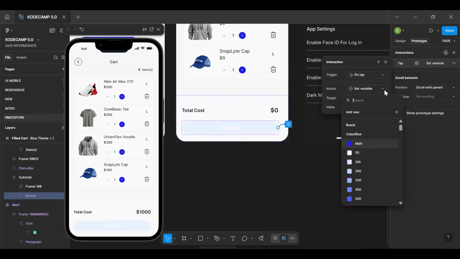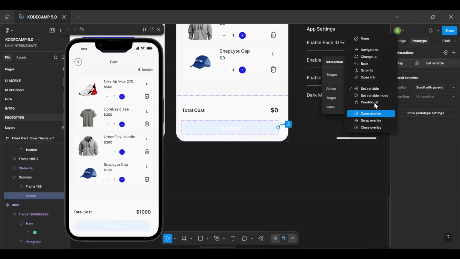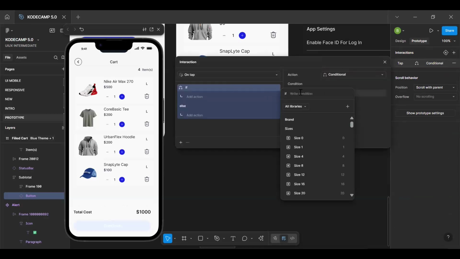Oh, sorry, we need a condition, not a variable. So on the condition, we are going to say if this cat is empty, then the button should be default. We are using default and disabled. Well, should we use disabled? You can change, we have three of them. So it should be, if button state equals to